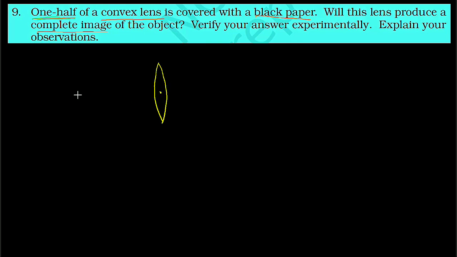Now we will draw the main principal axis, and give the names. That is F1, this is twice F1, this is F2 and this is going to be twice F2. Now what is the condition given? The condition is that half the part of the lens is colored. I have given the red color, the black color. So this is the condition that they follow.